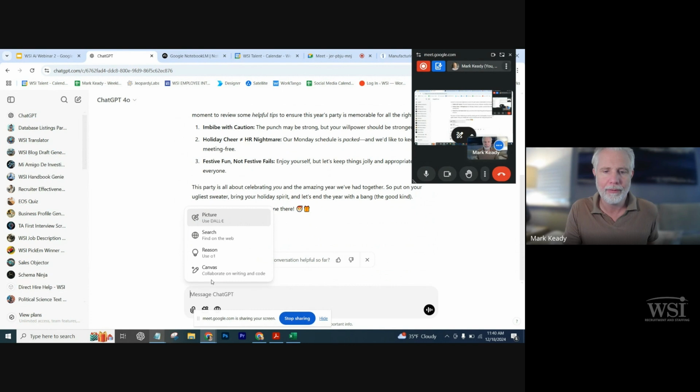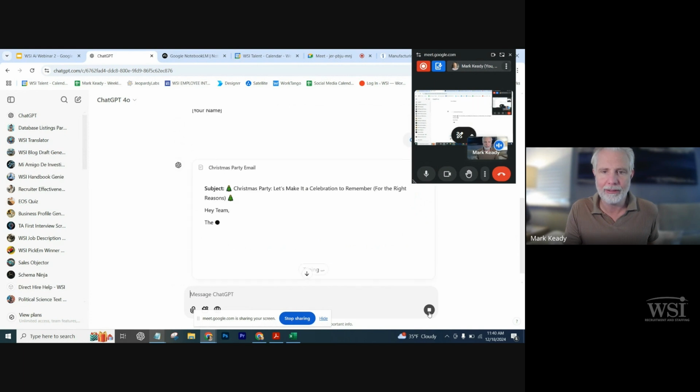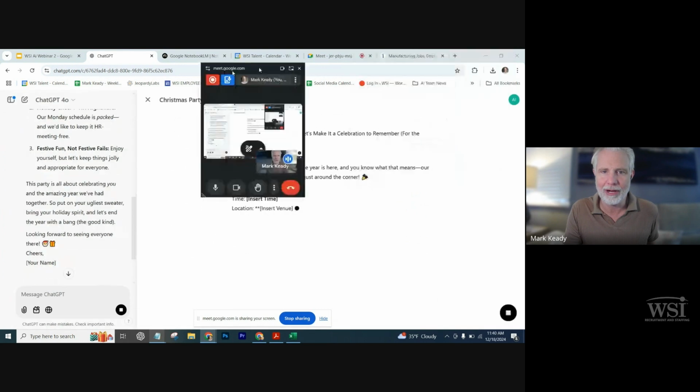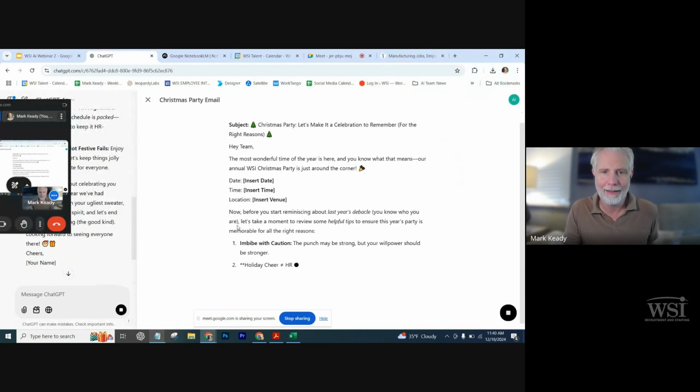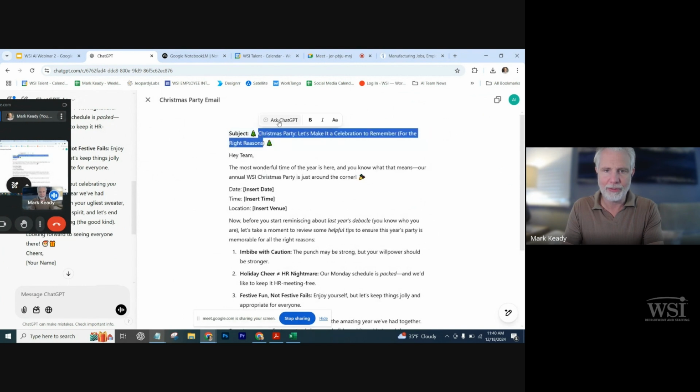And right down here is Canvas. So if we just hit that, it's going to put our email into the canvas. Essentially, it's like a little Bob Ross painting, right? Now we have our email in the canvas. We can highlight anything on here, and we can say, get that up there in the canvas. All right, so we can highlight this now, and we can ask ChatGPT right here.